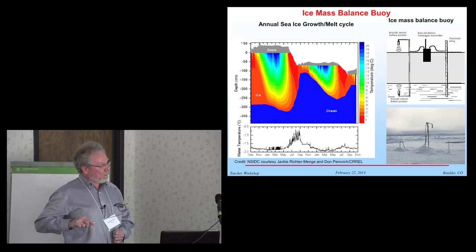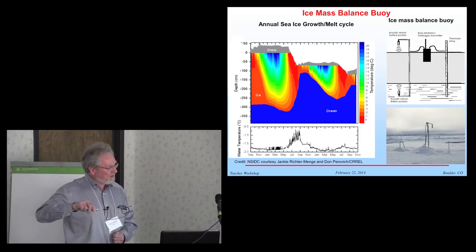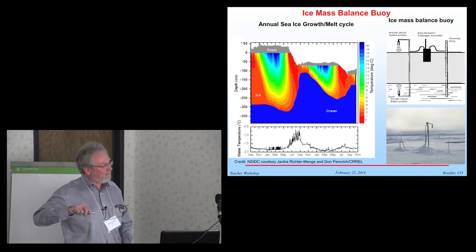And then you get more growth in the late autumn into winter, and then again the melt from the bottom and from the top in the following summer. The colors here indicate the temperature within the sea ice. To get these kinds of measurements, people at the Coastal Regions Research and Engineering Laboratory in New Hampshire have devised